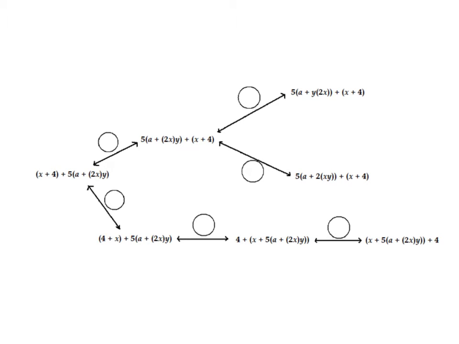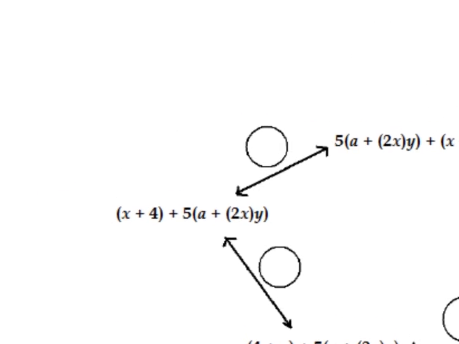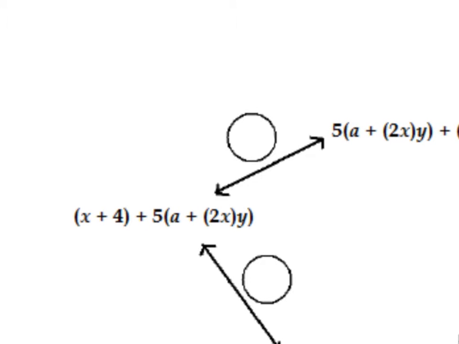So in this problem, we have all these different expressions, and we are trying to identify if it's the commutative property for addition, commutative property for multiplication, associative property for addition, associative property for multiplication, or the distributive property. So if you want to copy this down in your notebooks, you can take a minute, pause it, and do that. Alright, so I'm going to start on the left, and we have x plus 4 plus 5, a plus